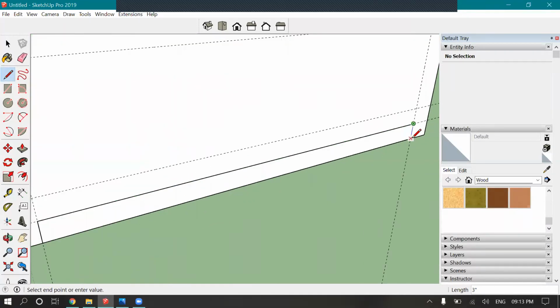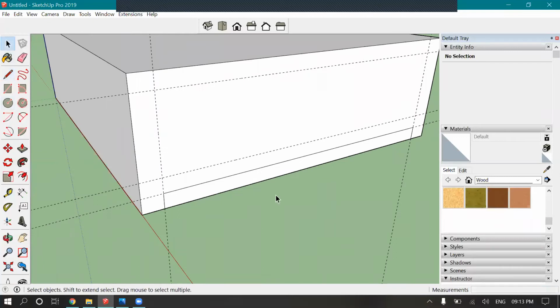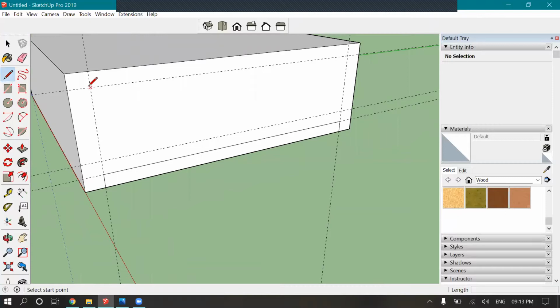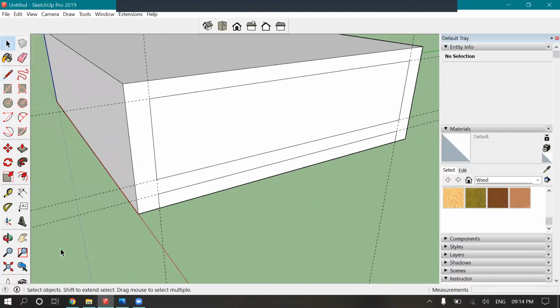This is our ground space, and this is our workspace for the rectangular parts. Okay, so let's hide it.